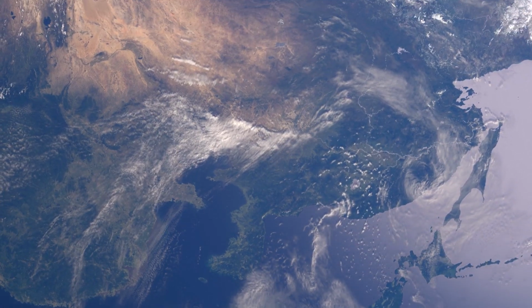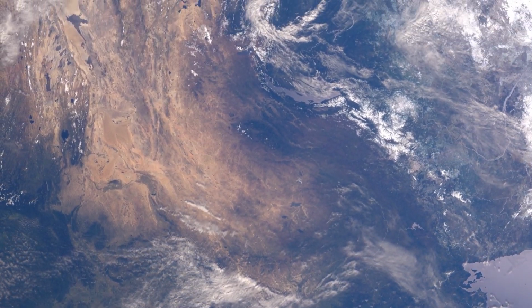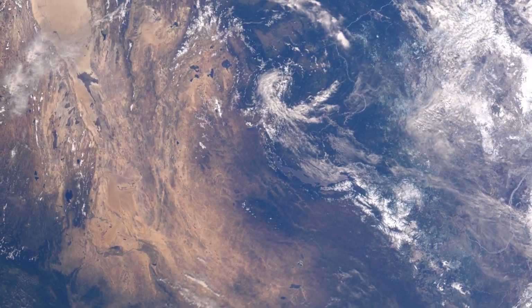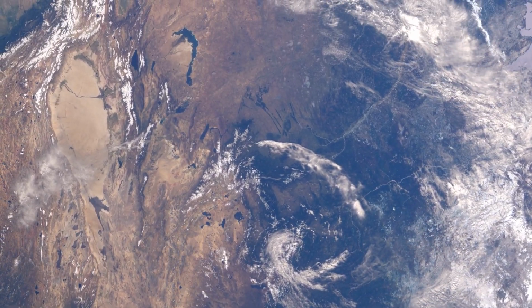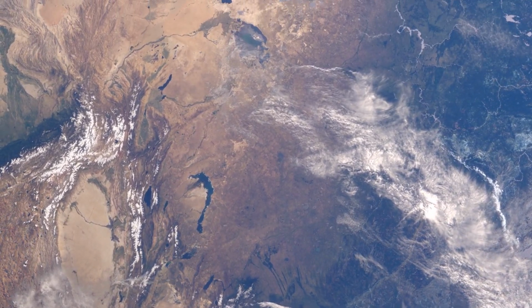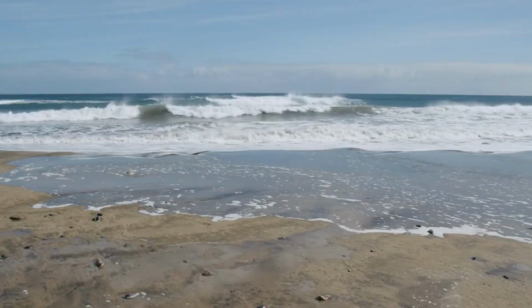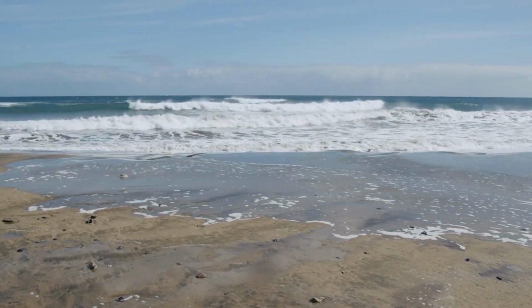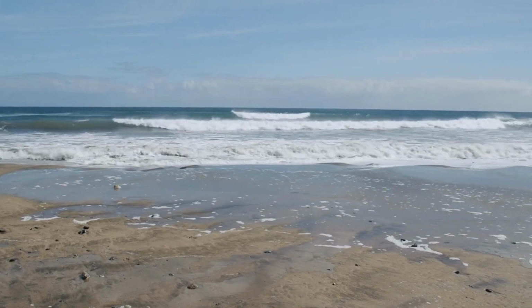Following this colossal impact, Earth began to cool. The molten surface gradually solidified, forming a primitive crust. As the planet's surface cooled further, volcanic outgassing created the early atmosphere, composed primarily of water vapor, carbon dioxide, and nitrogen. As Earth's surface continued to cool, water vapor in the atmosphere began to condense, leading to the formation of